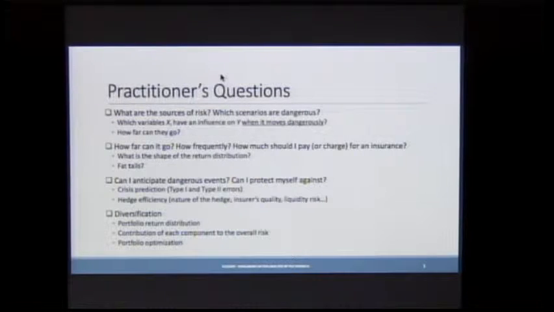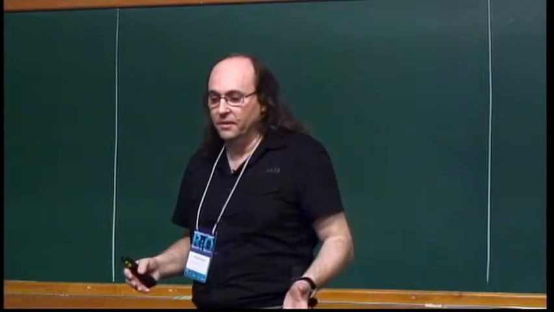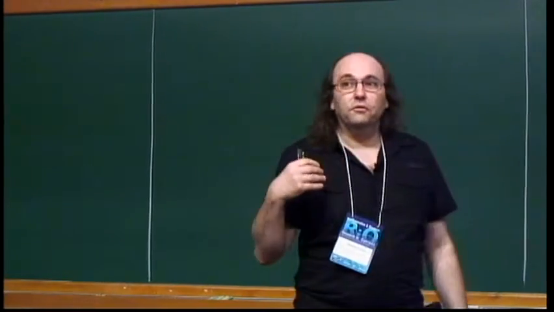So, the first thing is, what are the sources of risk? In any decision in life, from crossing a street, taking a plane, taking a job, protecting your children, whatever, before measuring a risk, you want to know where it comes from. Because if you don't understand where it comes from, you have absolutely no clue how you're going to measure it. So the question is, what are the variables that matter?